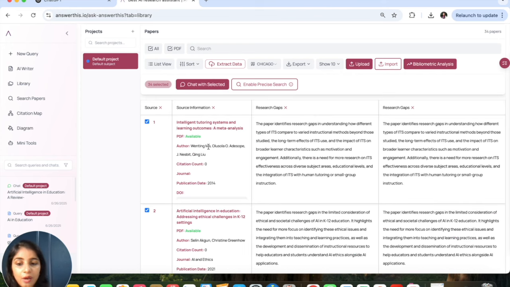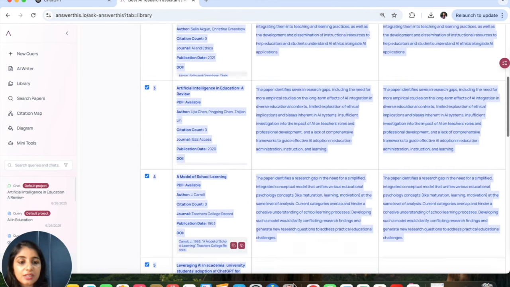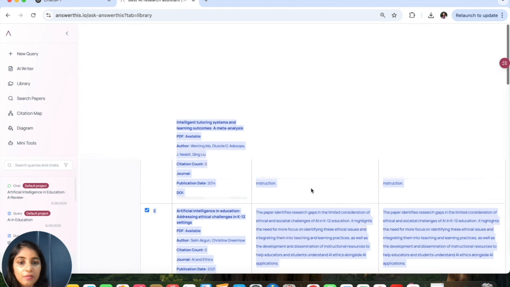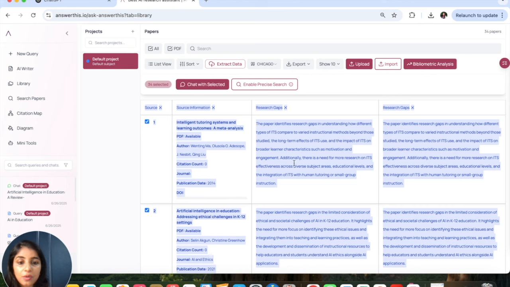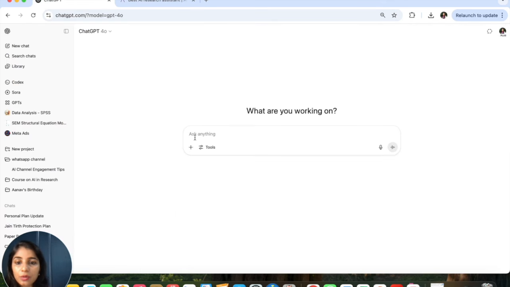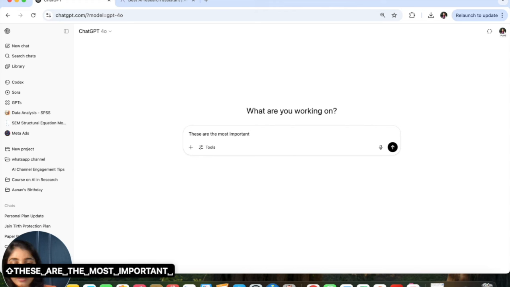So yeah, now that we have this with us, I will just copy this, and now I will show you how ChatGPT works here. So for every research paper you have a gap. Now you want a direction. Of course you can read all the gaps and prepare your gaps, but to save more time you need a direction. So I will simply go to ChatGPT and I will say that these are the most important